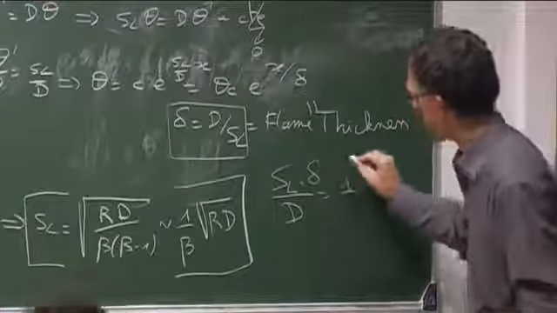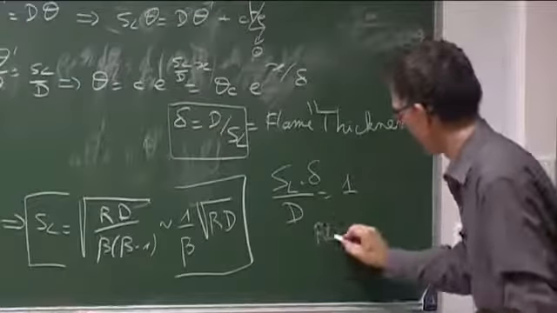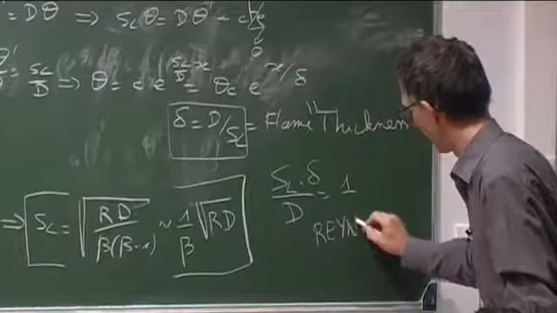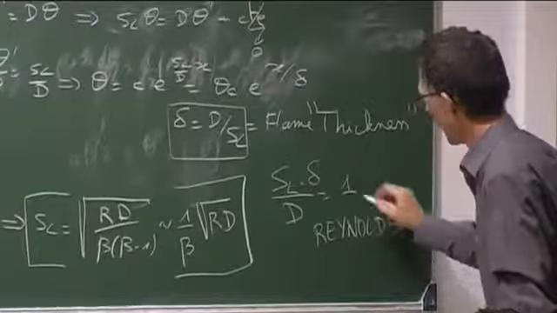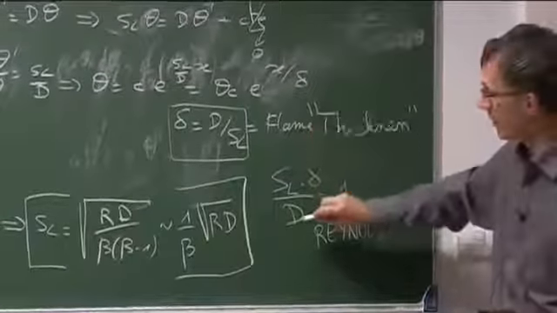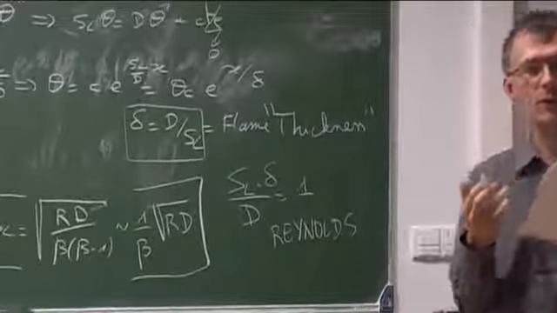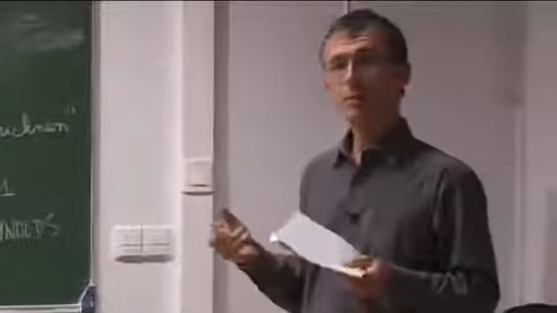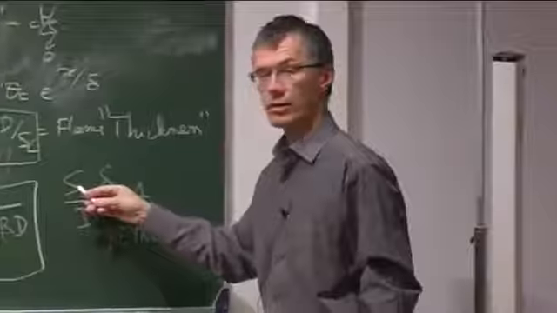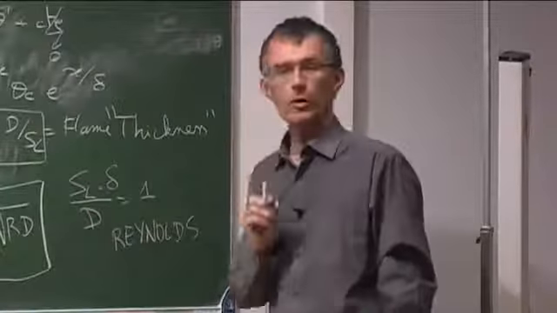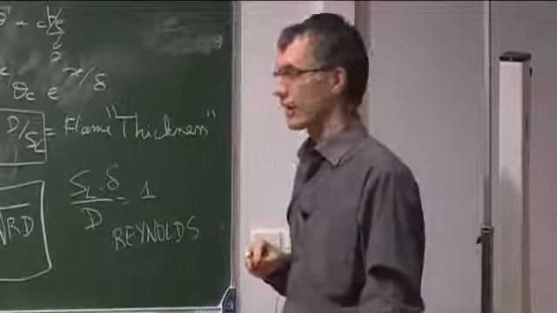You see, this is exactly like a Reynolds number. Velocity multiplied by length divided by diffusion equal to unity. That means the Reynolds number of the flame is equal to 1. It means also that if the flame goes faster, it's going to be thinner. That's going to help, as you will see in a few minutes.